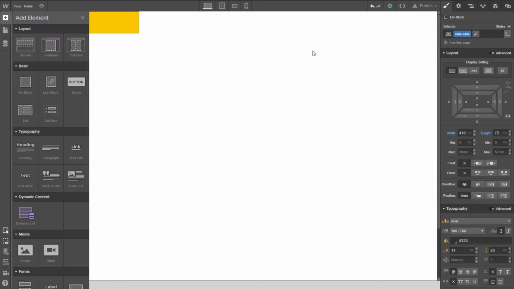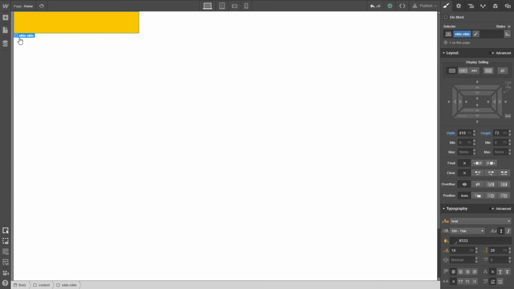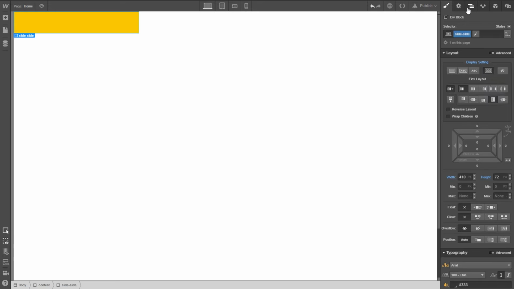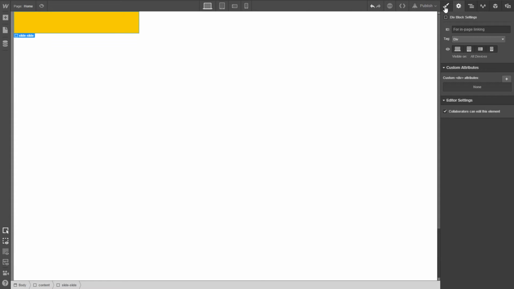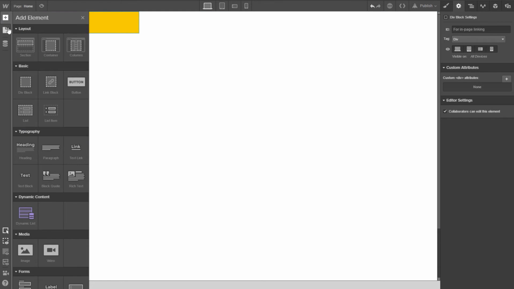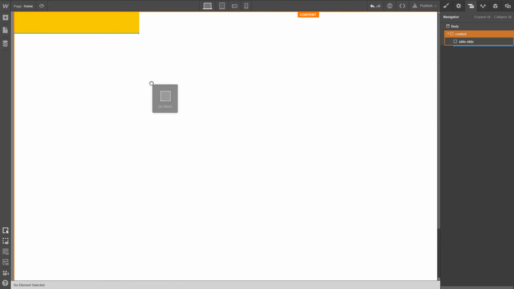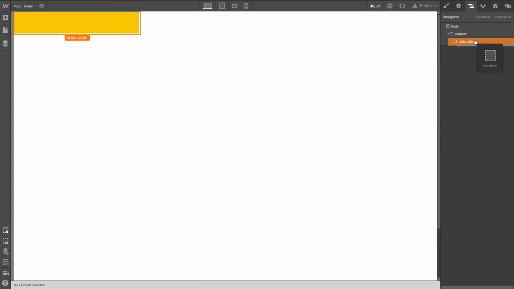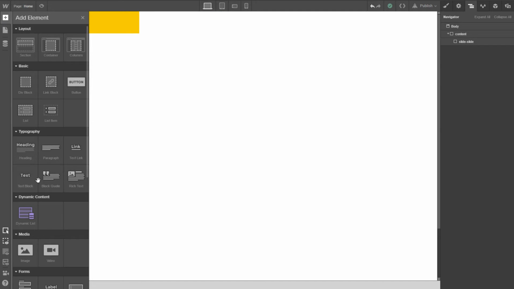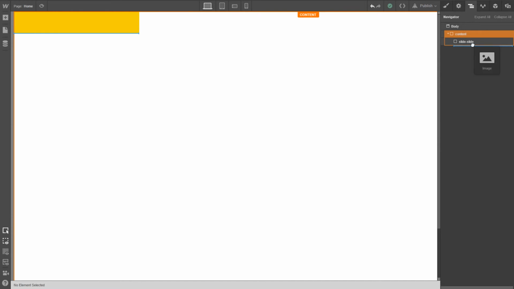But let's do this. We want to have an image. Actually, we want to make the slide into a flex because we want things to line up next to each other. And we do that easiest with that one. And then inside the slide, a div? No, we don't want a div. We want an image first of all. So we want an image that goes in here,